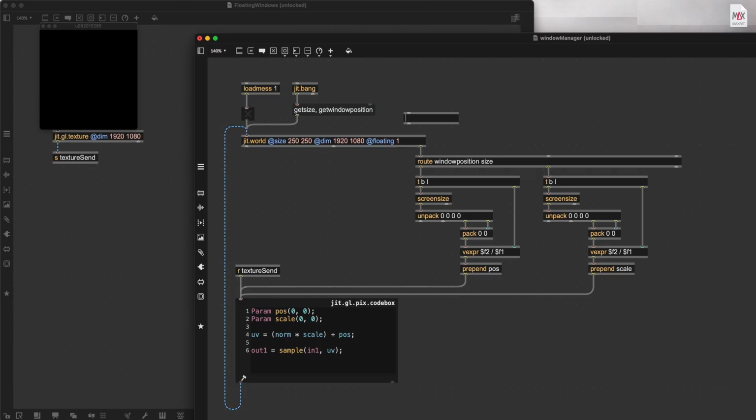So we can use this poly object, which will give us the instance of this patcher within the poly system. So for the first patcher, we'll get a 1, for the second we get a 2, and so on. So if we say loadbang, then we'll get the instance, and the instance will then